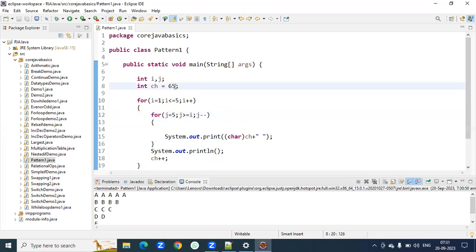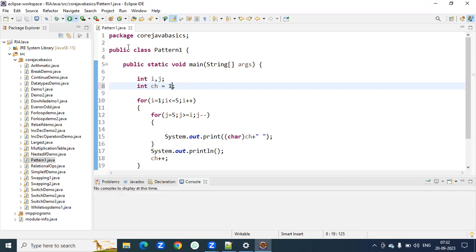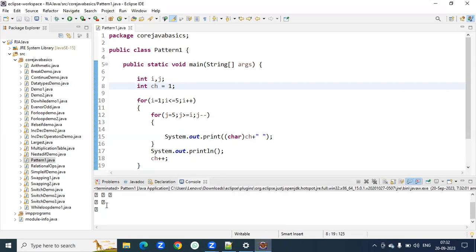No, sir. 65, we have initialized this value because we know the ASCII value of capital A is 65. If we want to convert that integer value to a character, for 65 we will be getting A. If I'm giving 1, what will happen for 1? We'll see. Some character we have. The ASCII value of 1 will be something we have here. So because of that,